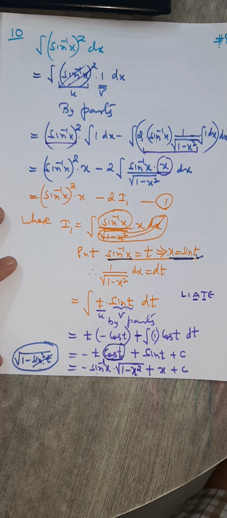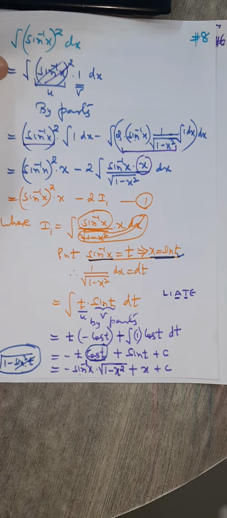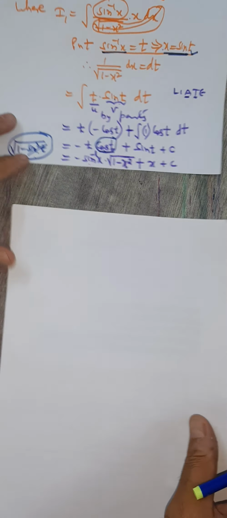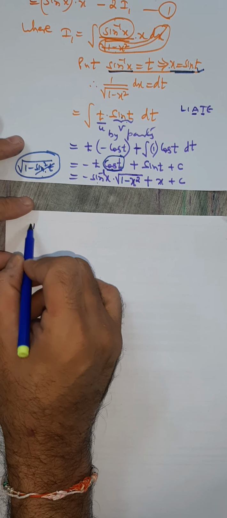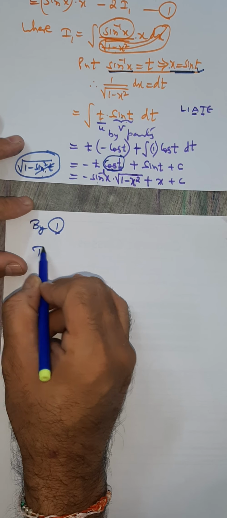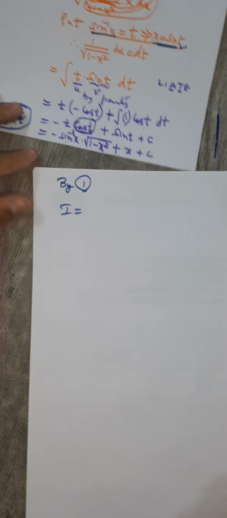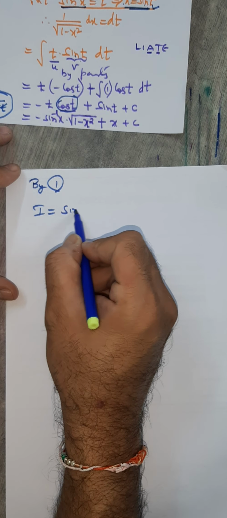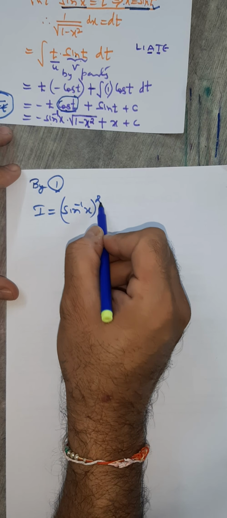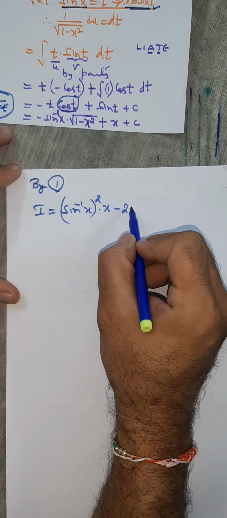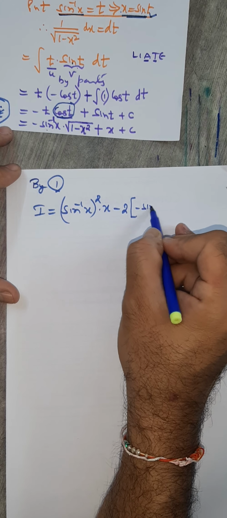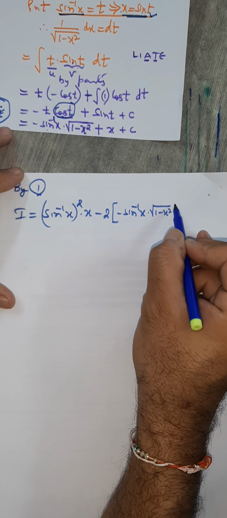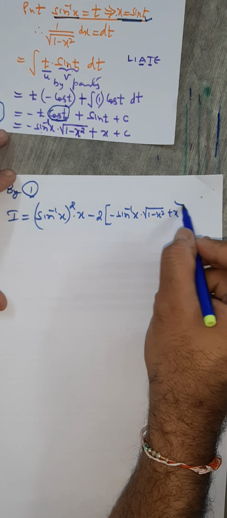So finally, your solution reduced to here. You can call I the given integral here. I equals sine inverse x the whole square into x minus 2 into I1. The I1 is this, sine inverse x into root of 1 minus x square plus x and at the end